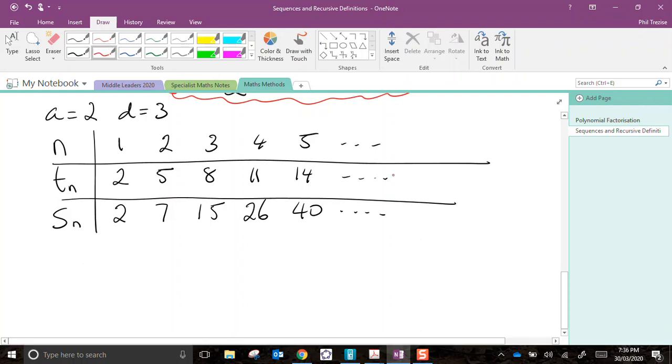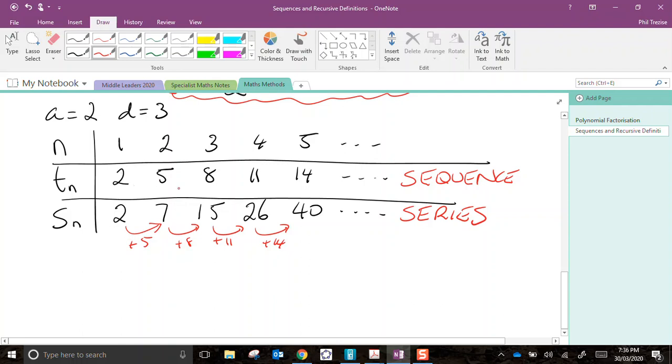Now be very, very careful. This is the sequence. We already knew about that. These numbers are called a series. Now they're not arithmetic anymore. They don't jump up by the same amount. That one's jumped up by 5. That one's jumped up by 8. That one's jumped up by 11. That one's jumped up by 14. So this is called an arithmetic series, and we find these by the sum of the terms in the arithmetic sequence